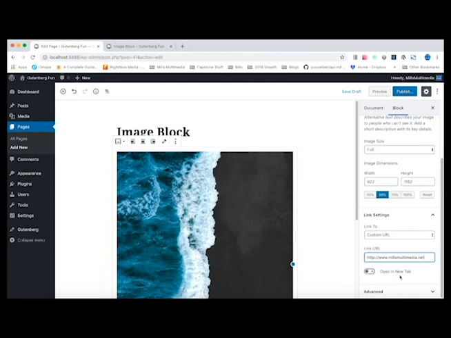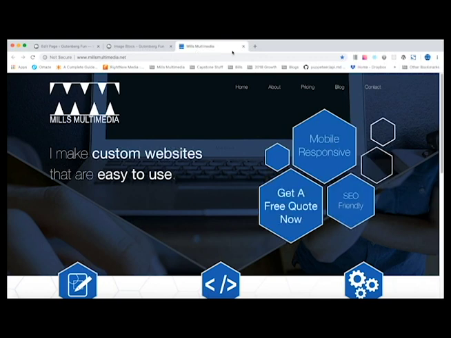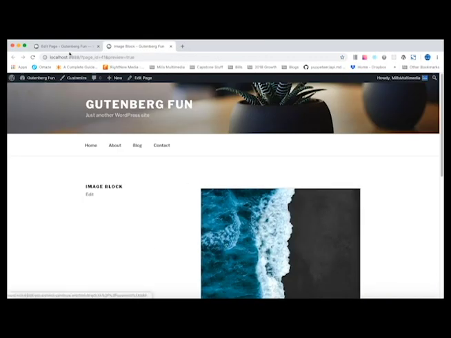And the next option is open in a new tab. So I'm going to go ahead and flip that switch and click preview. And now when I click the image, it's going to open Mills Multimedia in a new tab. So I can close that and we're back to our page again. I'm going to go back to the editor